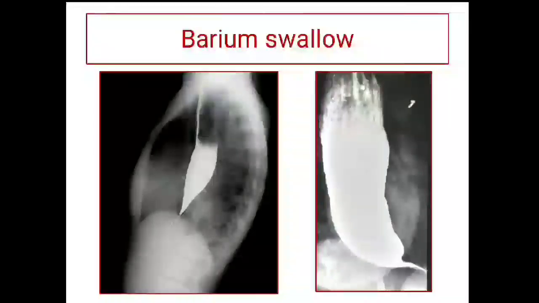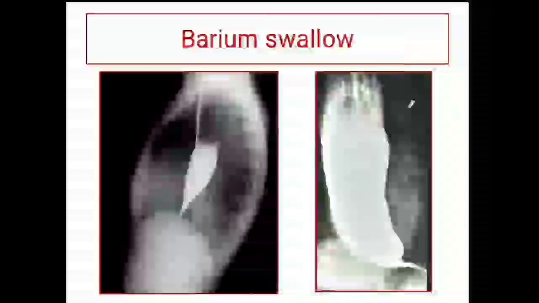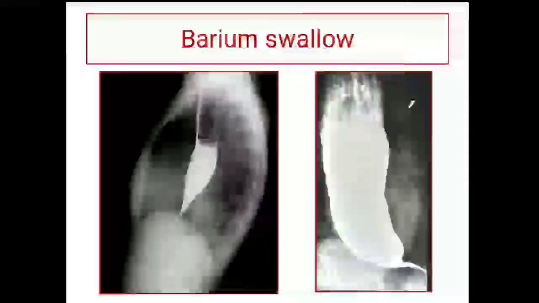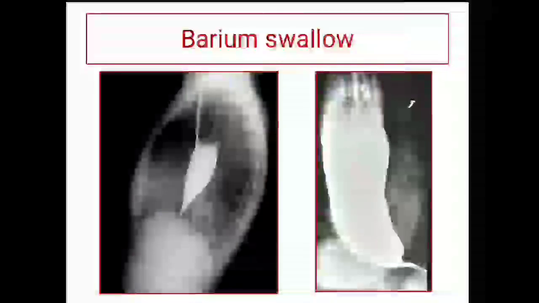Evident in these pictures is a very thin thread-like narrowing, above which there is a fusiform dilation. These have often been described as the rat tail deformity. Such narrowing can also happen in esophageal carcinoma, but as cancers develop in an exfoliative manner, the irregularities will be more prominent and it will not cause a smooth fusiform dilation.